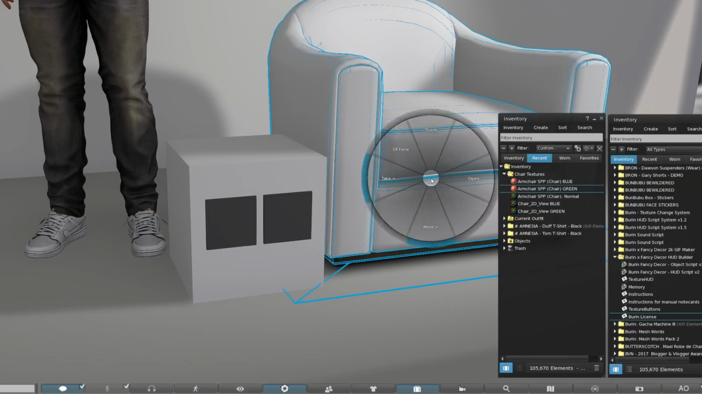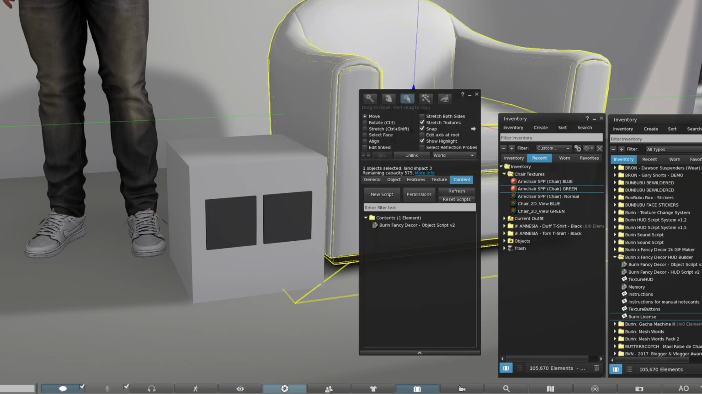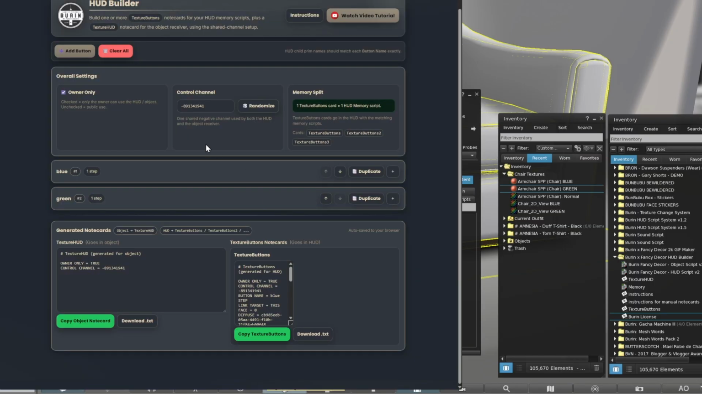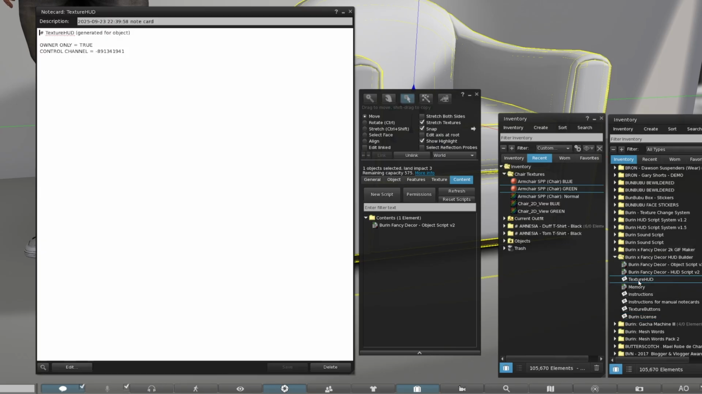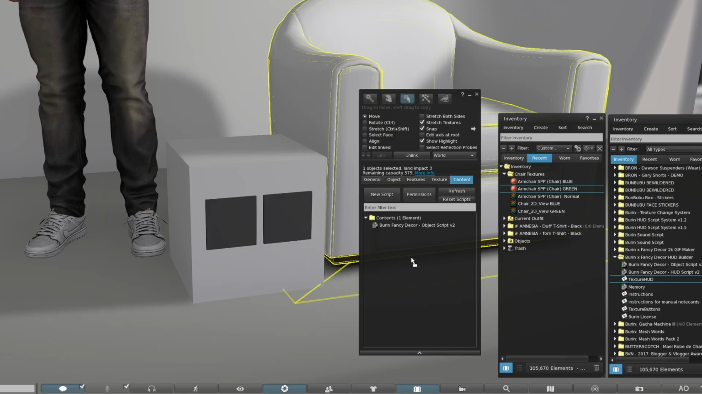Now for the chair, we're going to do the same thing. Go to our website. We're going to copy the texture HUD note card. We're going to find our texture HUD note card and paste it in there, save, and drag that into the chair. And we need to activate our